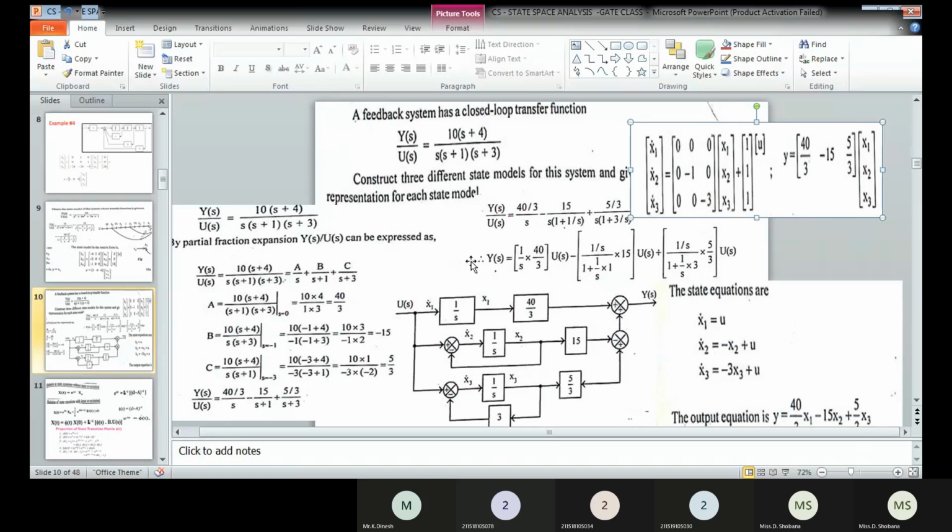Okay, so here you have to draw the canonical state diagram properly. You can also check whether your obtained answers are correct or not with the given problem, by the concept that the roots of the system have to be given as the diagonal elements in the canonical state model. So here S is equal to 0, first diagonal element, and then S is equal to minus 3, second diagonal element, and the minus 3 also comes as a diagonal element. So you can solve the problem like this with this method.